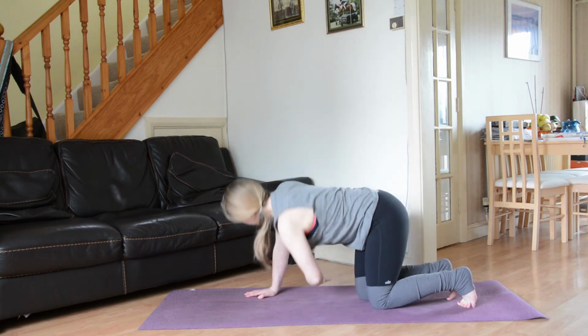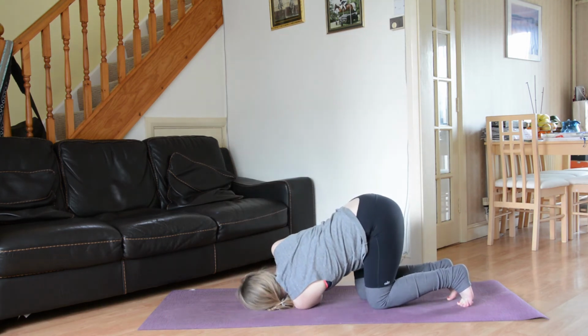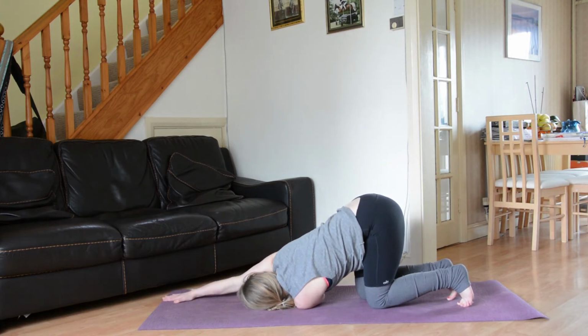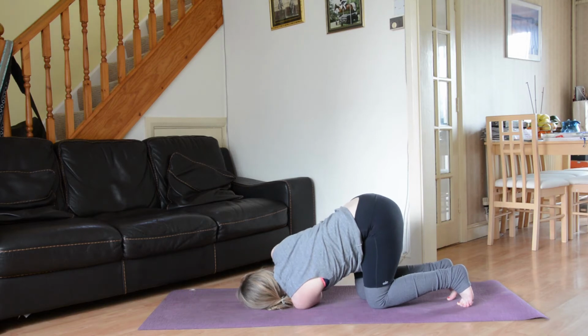underneath the right. So coming in to thread the needle once again, you can send that right hand forwards to the front of the mat, pushing the armpit down to the earth here. Feeling the stretch in the shoulders, keeping the sit bones and hips nice and level. And then on your next inhale, slowly come out the same way you came in, sending the sit bones up